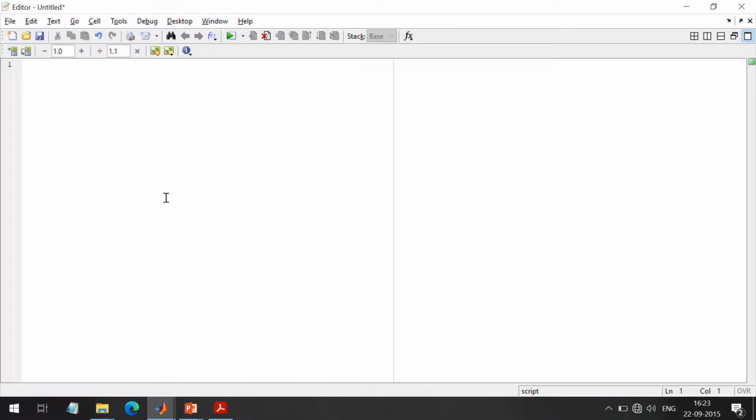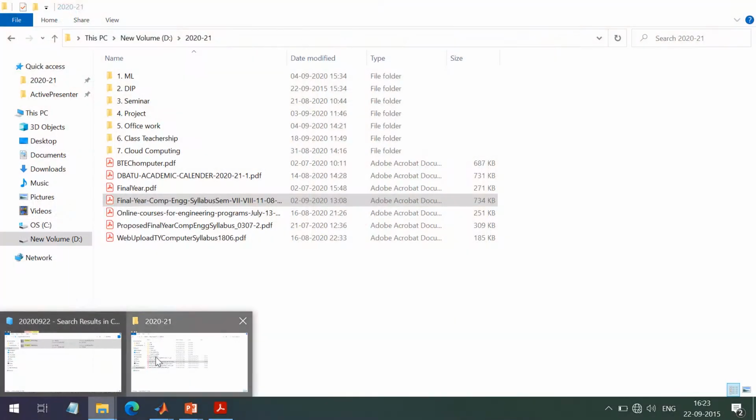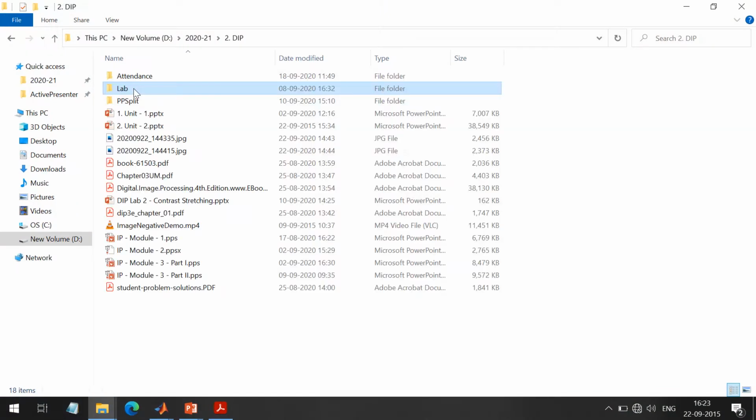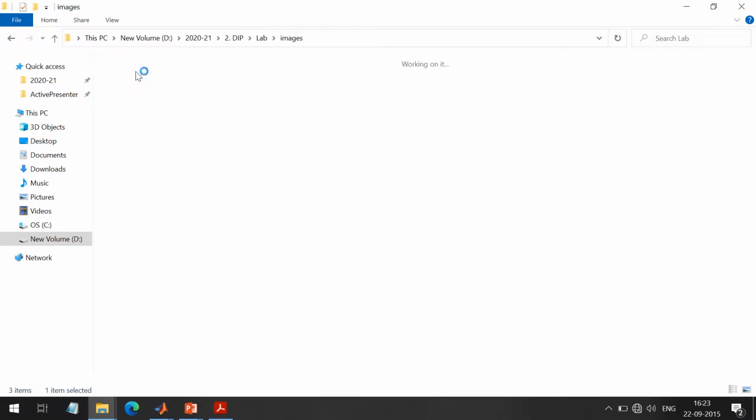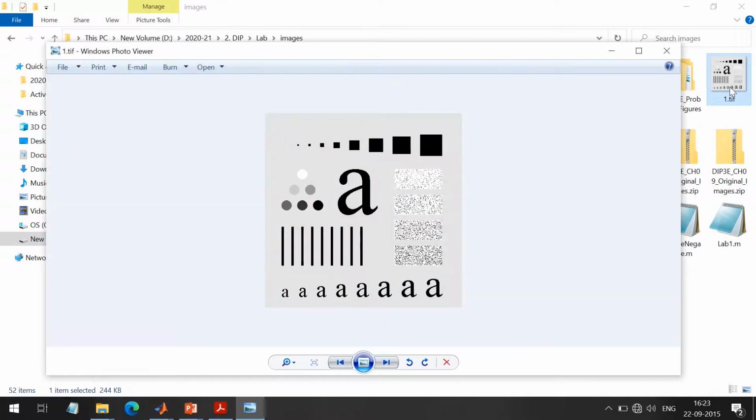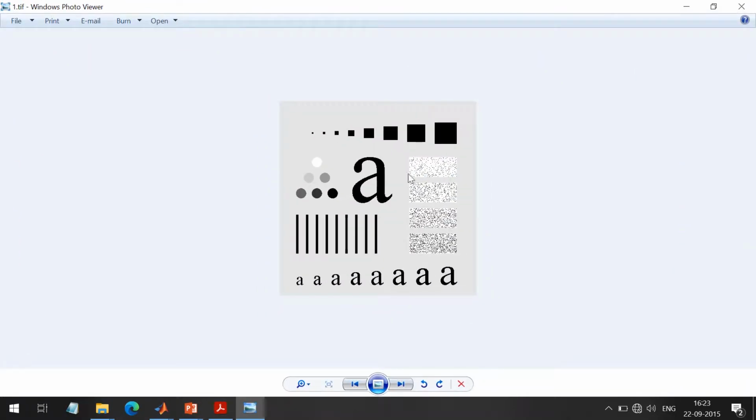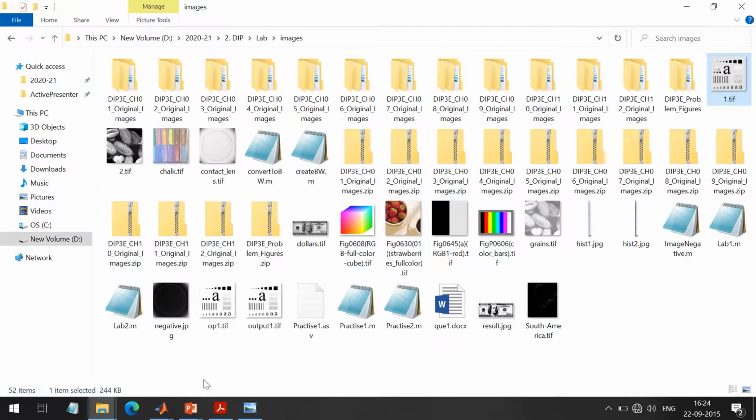The second example that I want to tell you is how to achieve the smoothing. Okay, so now let me open the input image. Consider this is our input image. Now we will apply the smoothing on this, and I will use different size filters, starting with 3 by 3, and we'll see the effect of smoothing on this image. The image name is 1.tiff.